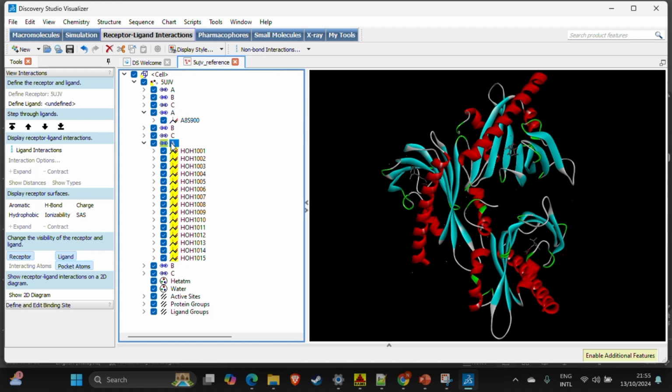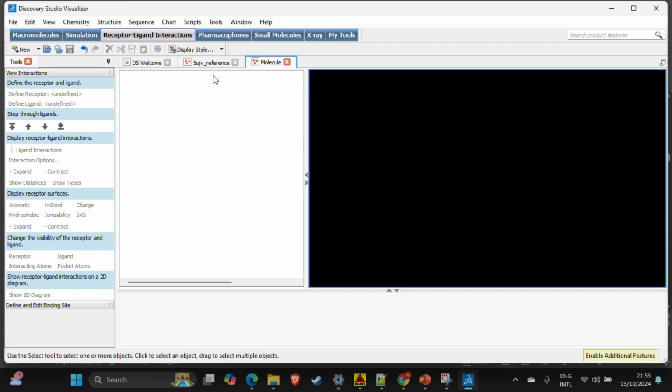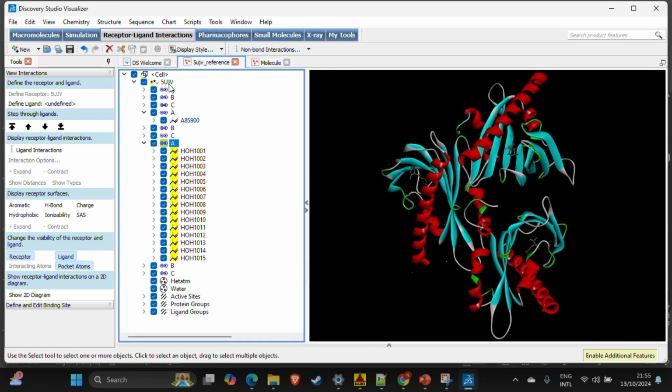So for this tutorial, we want to keep only the chain A. The way to do it is by simply clicking on new. It will open a new molecule window. So we go back to 5UJV. Let's just select by holding down